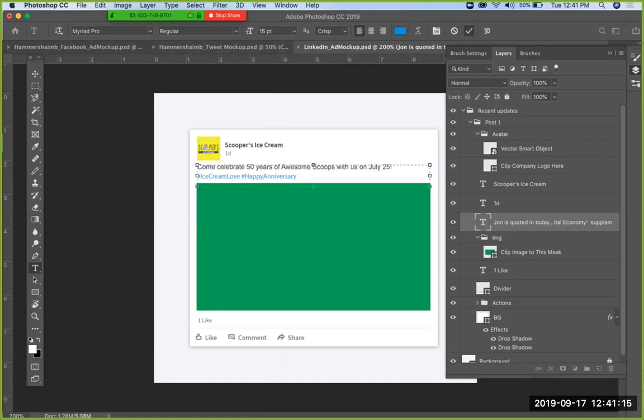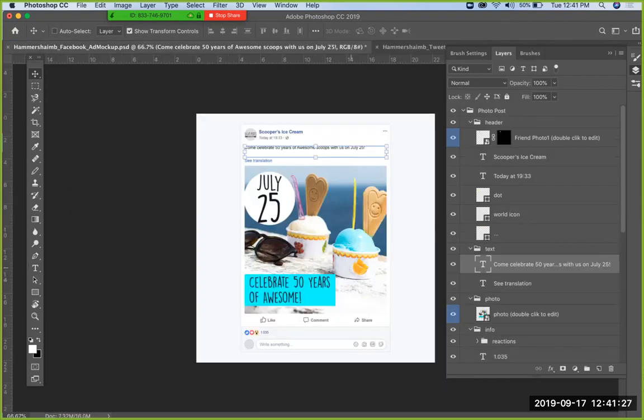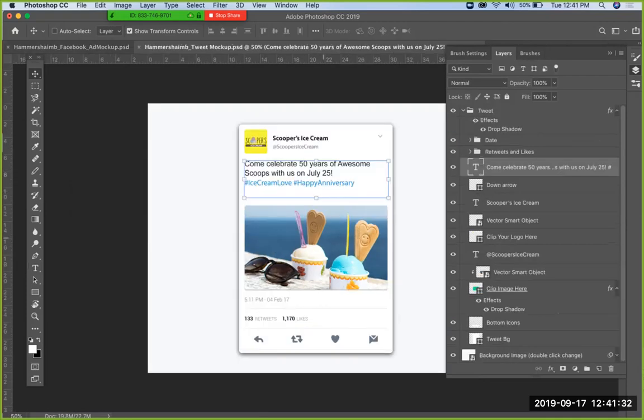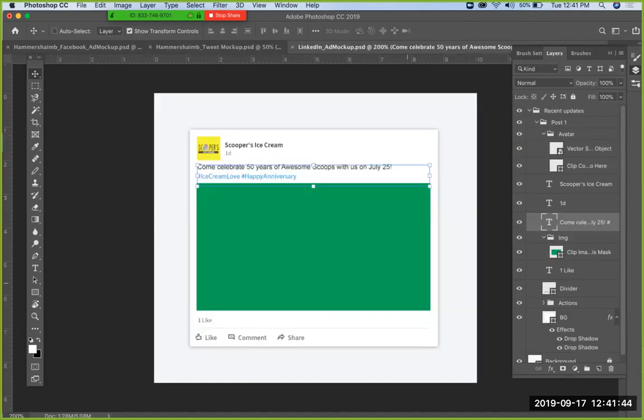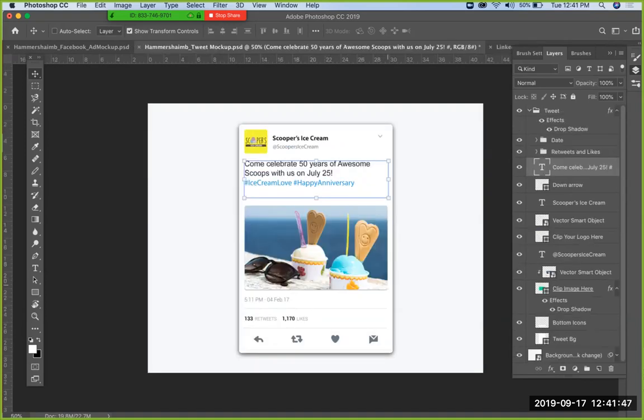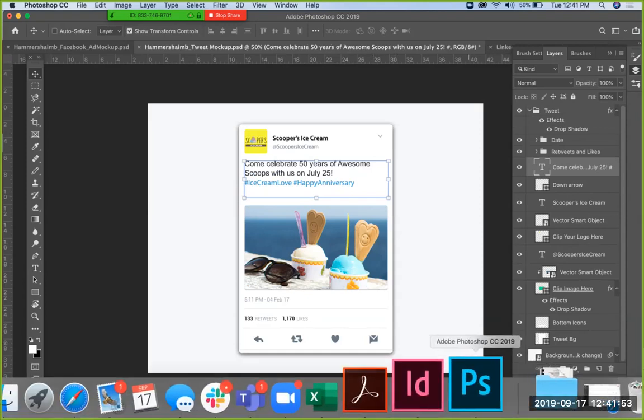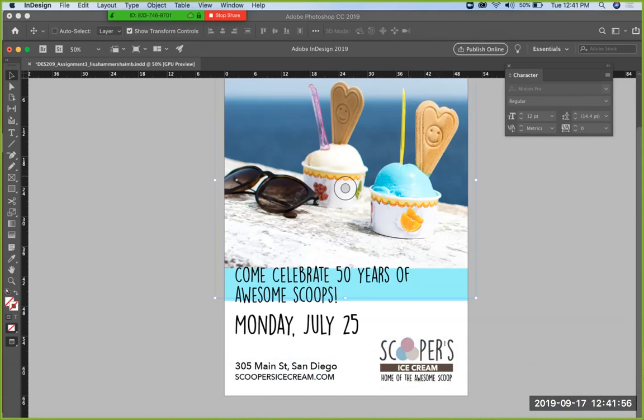Okay, so now is where you can get a little bit creative. LinkedIn has slightly larger images. So, do you want to go all out and do something like Facebook where you have more stuff? Or do you want to just go the Twitter route and just do an image? It honestly doesn't matter. It's whatever you feel is good for your vision and what's cohesive with your campaign. So I'm going to do just my picture because I really like how this looks. I like the simplicity. And the cookies are smiling, so it feels like there's almost messaging in there anyway. So that's a bonus. So I'm again just going to take this, copy it,